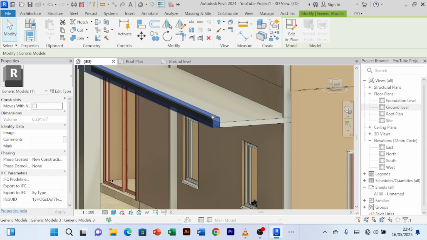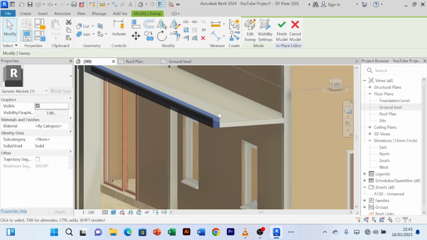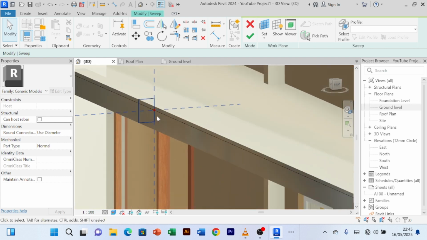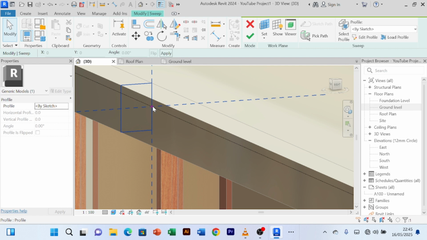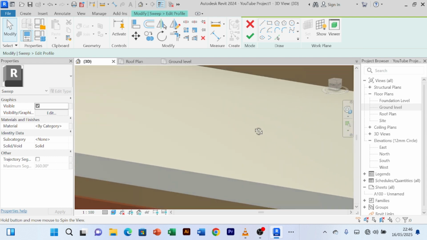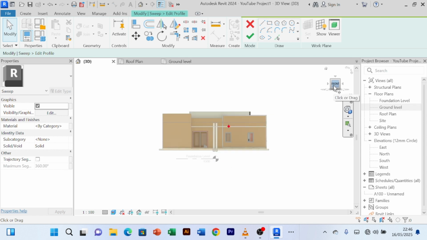So I'll click on it, I'll add it in place, I'll click on it again, I'll say I want to edit sweep. So I'll click on this dot here, then I'll say edit profile, and this thing is supposed to be at our front. So you click on this front. From the front